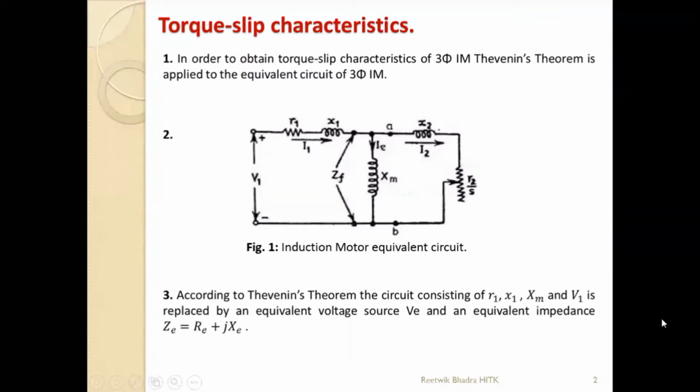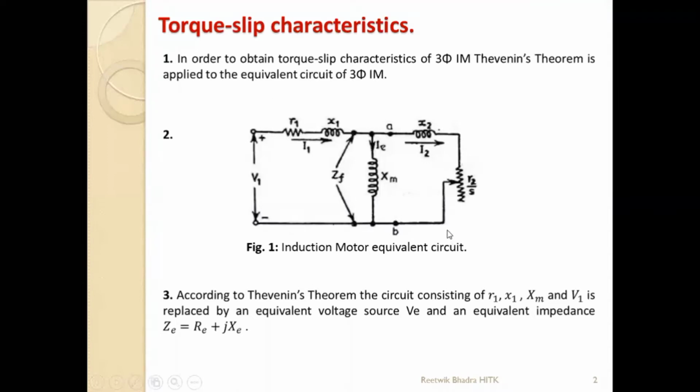So let's get started. So this was our number 2 point, showing our equivalent circuit of induction motor, which we had done last day. And using this equivalent circuit only, we solved a problem. So we have a stator resistance R1, X1, rotor side was X2, R2 by S, and this was Xm. RC was neglected as RC was included in our constant losses or core loss. So in this equivalent circuit of induction motor, we will apply first Thevenin's theorem.